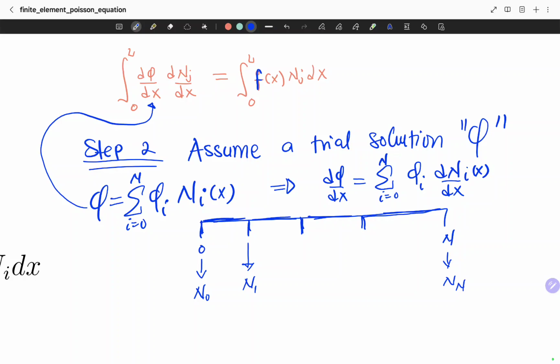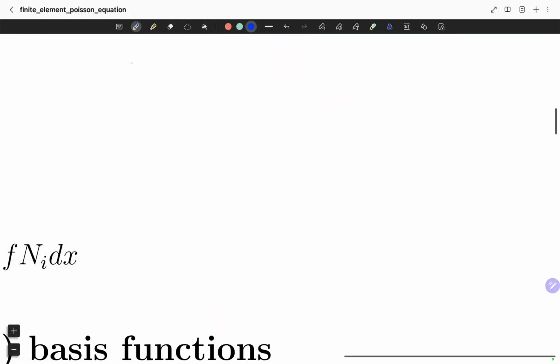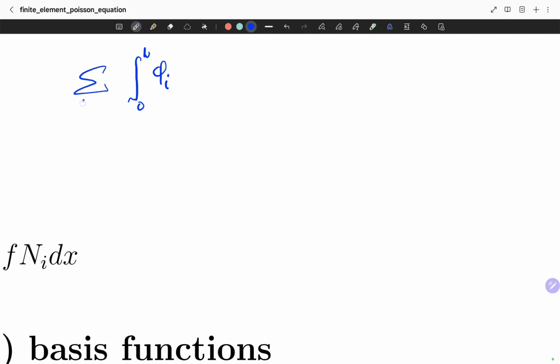That's what it's going to be, and therefore let's put it back in. So you have integral from 0 to L, psi I, let's put the summation here, I equals 0 to n, dNi by dx dNj by dx